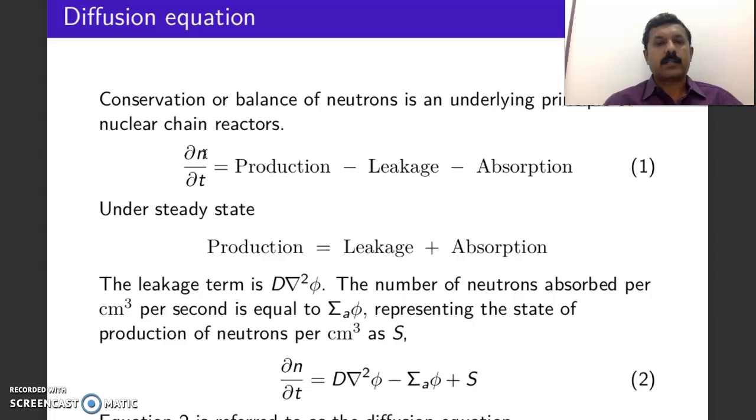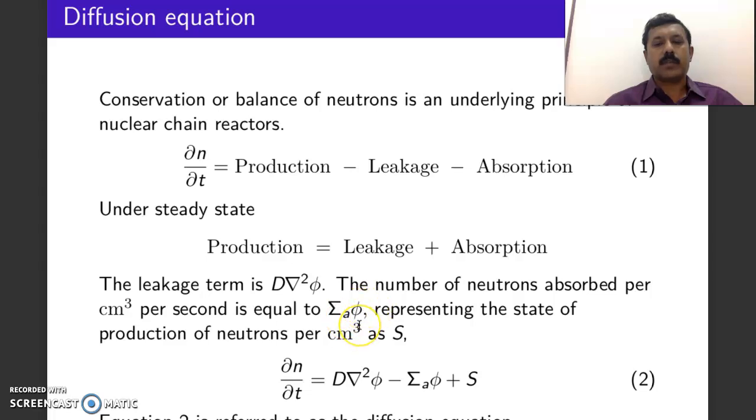In the last class, or in my last video lecture, I discussed the leakage term by using elementary theory of diffusion. The leakage is given by divergence of J. By using Fick's law of diffusion, that leakage term can be written as −D ∇²φ with a negative sign. The number of neutrons absorbed per centimeter cube per second will be equal to the absorption cross section